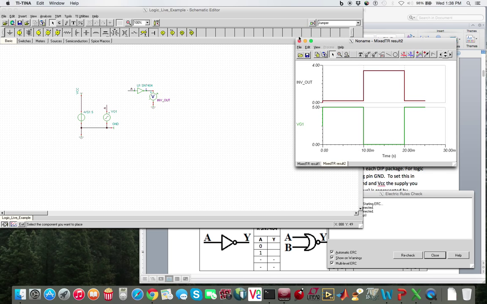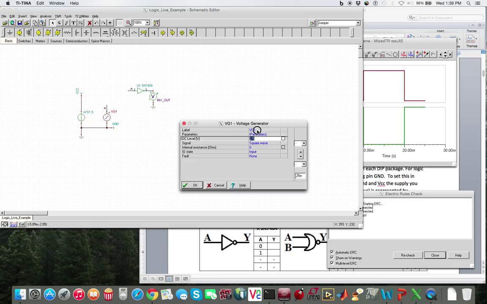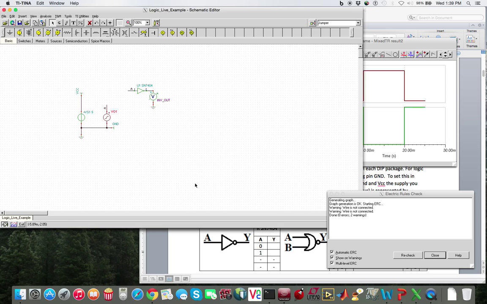So now in order to do the simulation for other parts, see now the name's inverter out, and this is VG1. You can come here and rename this. So we'll call this slow clock. Okay. So now what we need to do is I'm going to drag this ground jumper out a little bit so I can put down another clock. The reason why we need another clock is we need to be able to go through the different logic combinations for the other gates. So once again, grab a